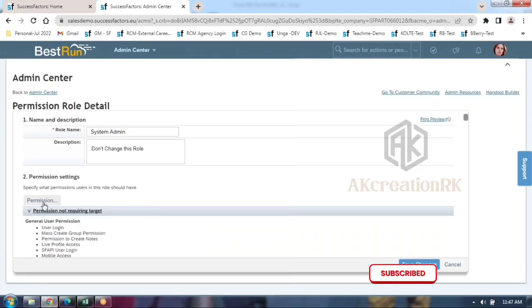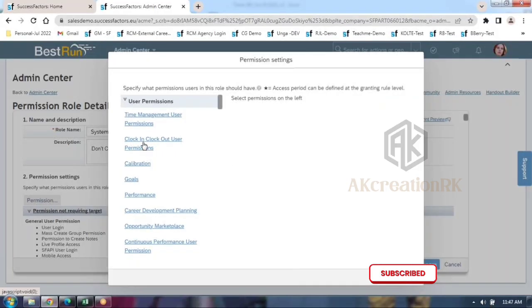Click on permission. See, guys, clock in, clock out user permission. This particular feature is not available before 1H 2022.